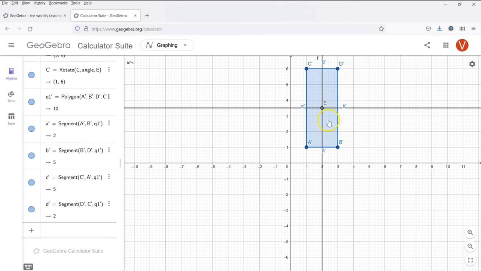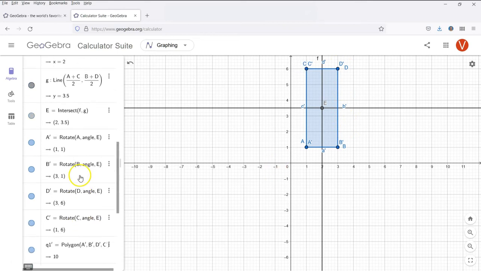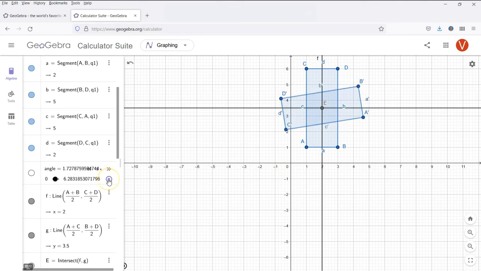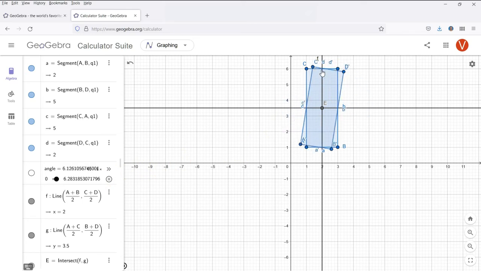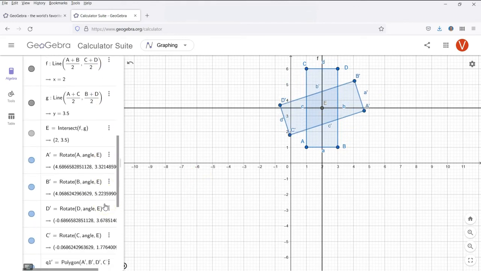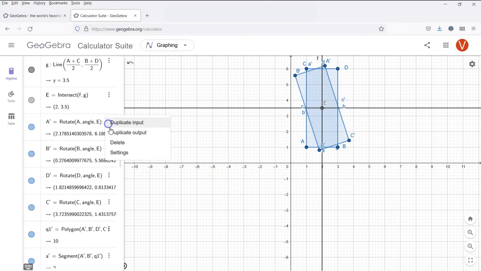Nothing seems to have happened. But if you notice, here you have A prime and A, B prime and B, D and D prime, C and C prime. They are perfectly aligned, right? Okay, now let's make it rotate, right? Now it will perfectly align. Yes. And again it will perfectly align again. So it will align at an interval of pi, that is 180 degrees. Okay, that is as far as the rotation is concerned.